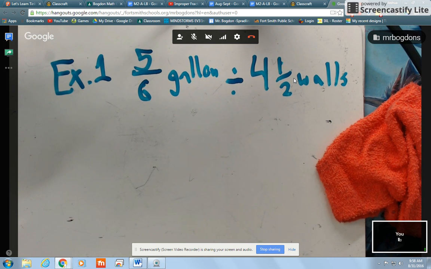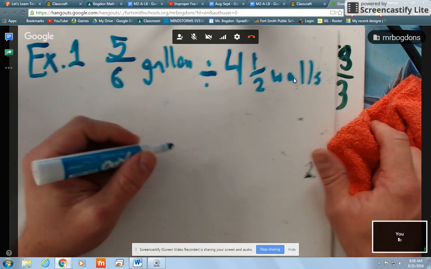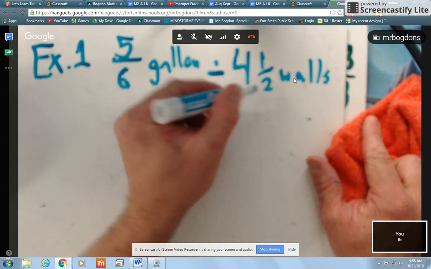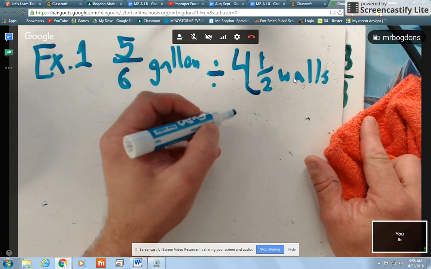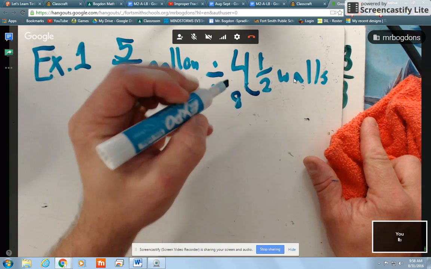Improper. Okay, I like improper fractions. They're easy to multiply and divide. How can I do that? What is the process, Brittany? Fantastic. So 4 times 2 is going to be 8, and then I have to add my